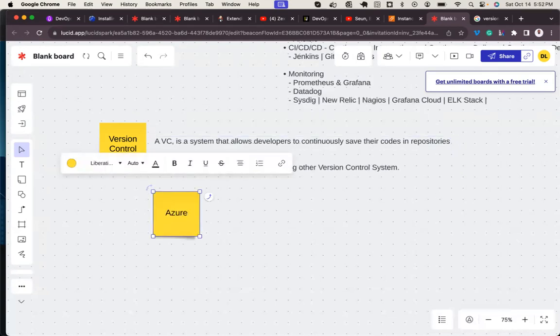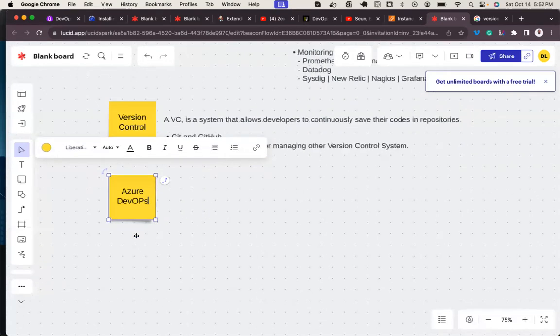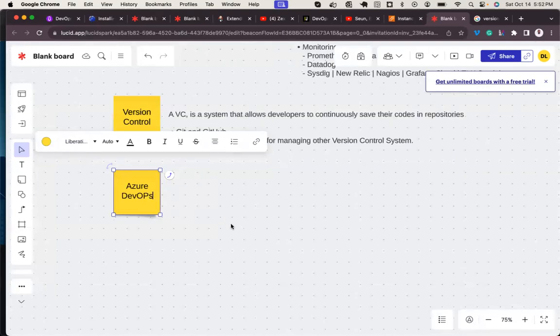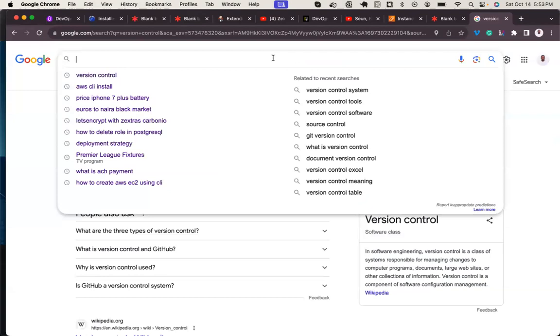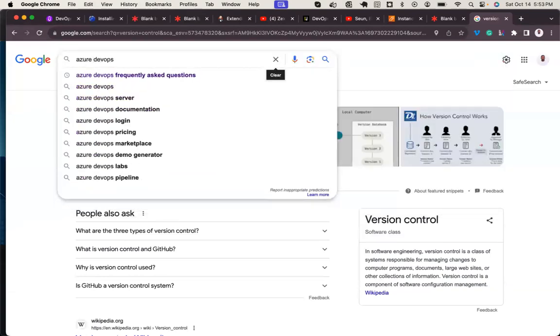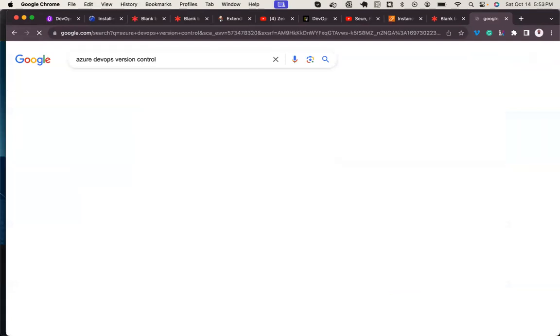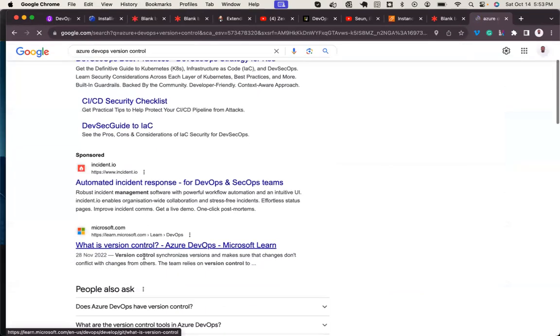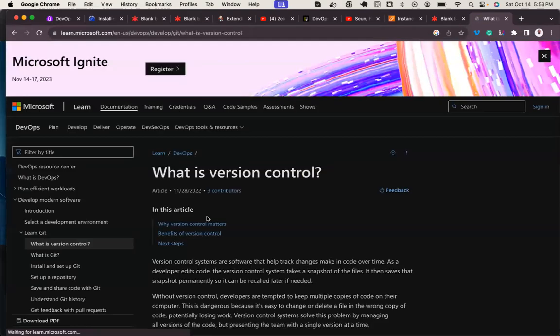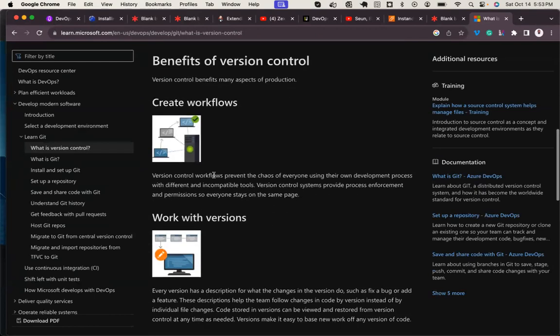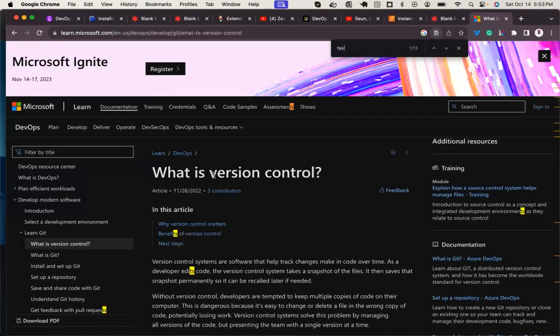On Azure DevOps, the version control system on Azure DevOps is called TVS something. Let's check. Azure DevOps version control is called TV something. Let me find it. TSVN.